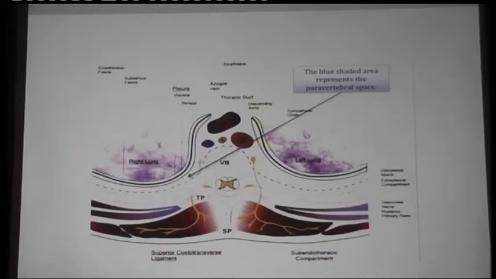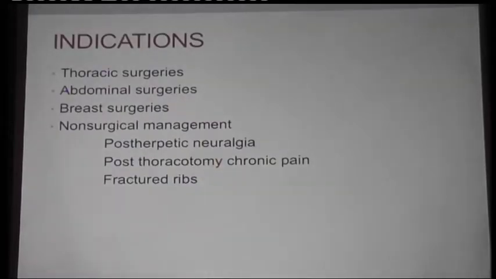When you inject the local anesthetic in the thoracic paravertebral space, it will spread medially towards the epidural space. It will spread laterally in the intercostal space, and it will go cranially and caudally. So by giving an injection at one level, it will block 3 to 4 levels, but it does not happen always. Sometimes the drug remains at one level, so it is better to give multiple injections in this block.